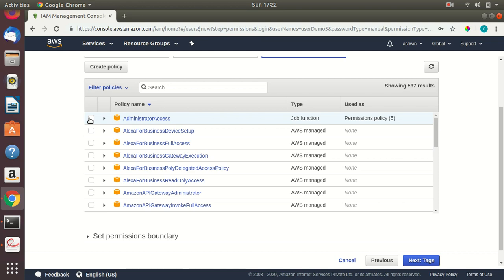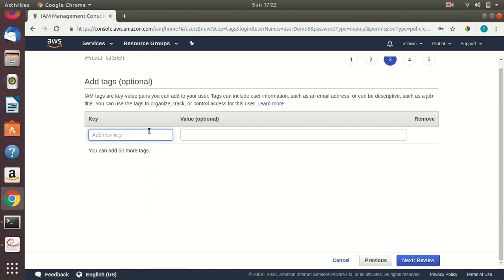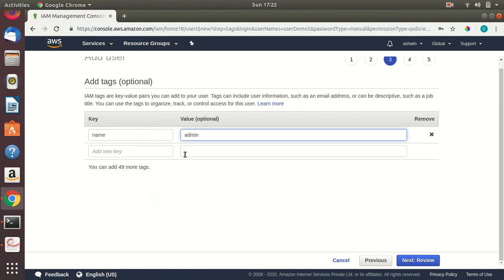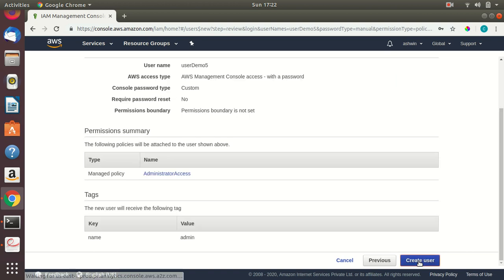Here it is, administrator access. For tags, I'll add name admin. Clicking on the create user button will create a user for us.